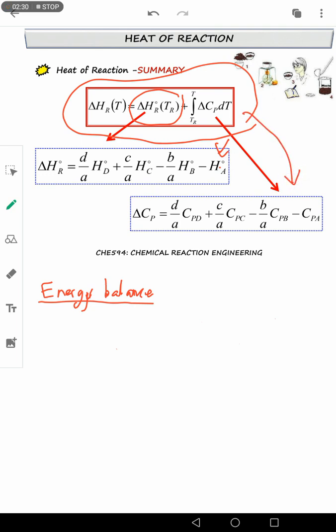So bila kita masukkan element of heat of reaction, bila kita kembangkan lagi energy balance tu, kalau tengok dekat Fogler dia seterusnya akan jadi